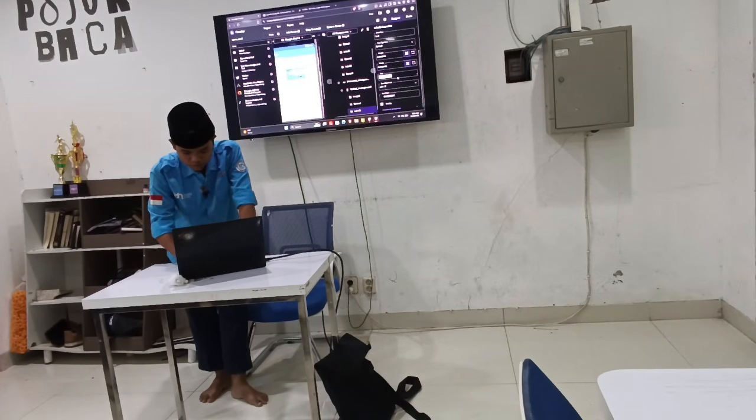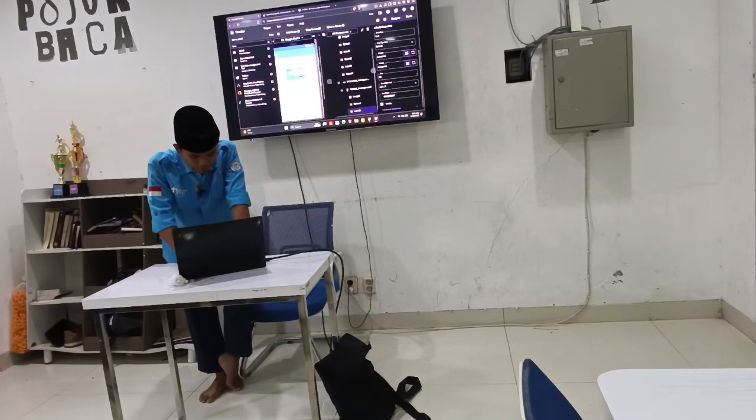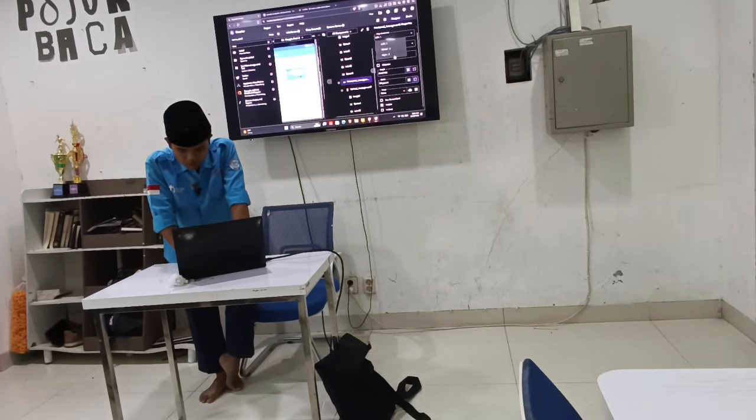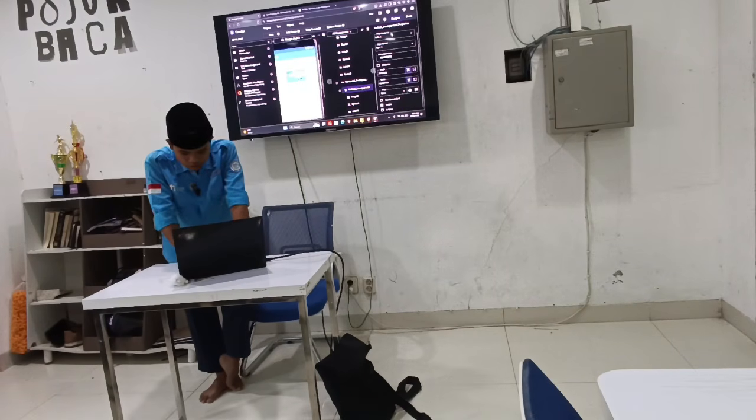And then for the text, for example, if you have 20 achievements, just type 20. Then change this to center, and change it to center also. Text alignment change to center.